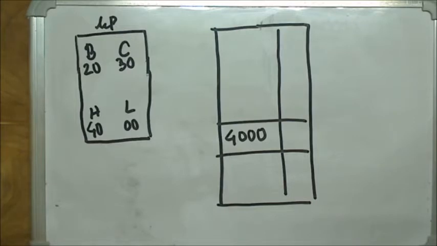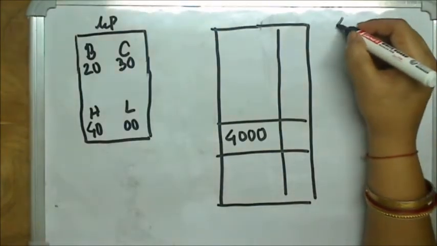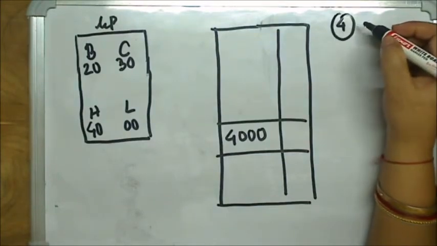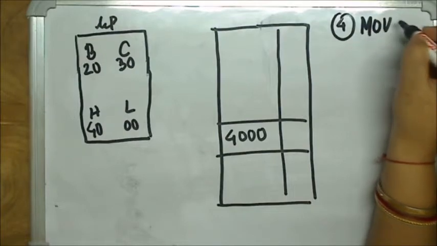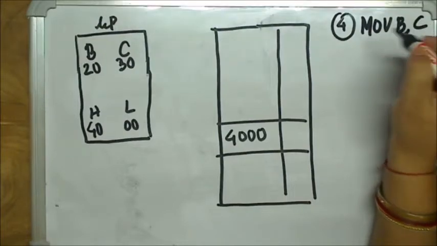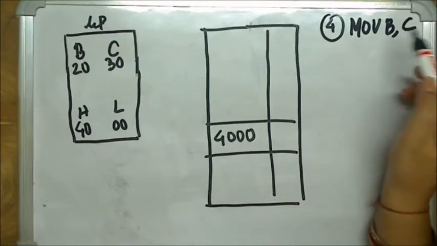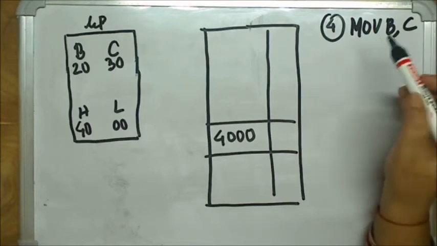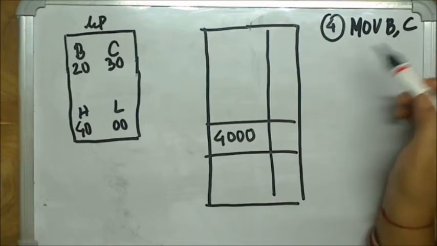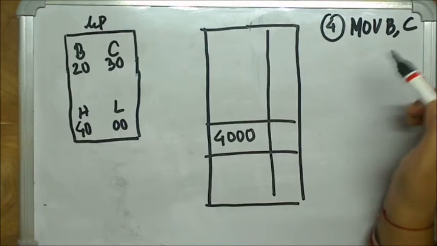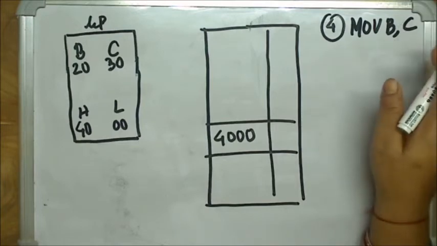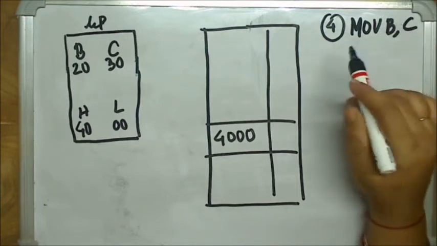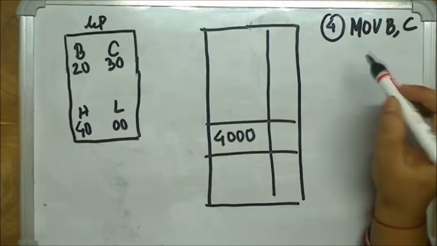Now let us understand MOV. There are three types of instructions in MOV, the first being MOV B, C, that is, register to register. You can use any of the registers. For example, I have used registers B and C. You can use any register: MOV A, B; MOV A, C; MOV B, C; MOV B, D. You can use any of the seven registers over here. For example, I have used MOV B, C. Now, who gets what?